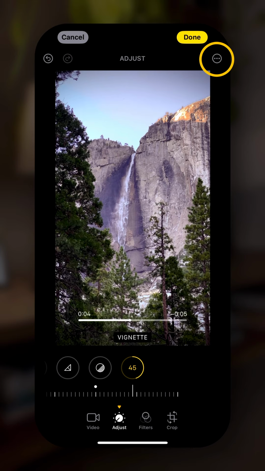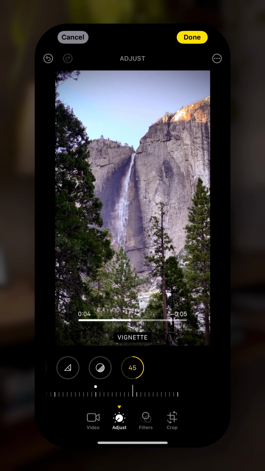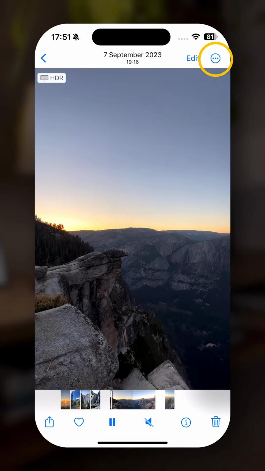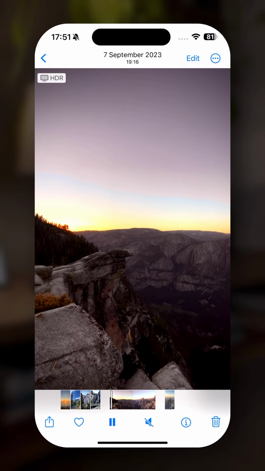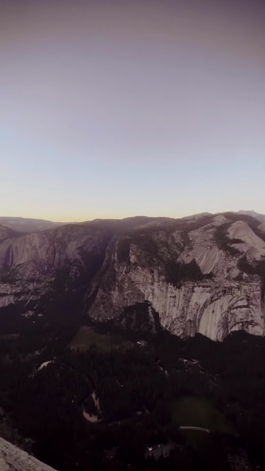We're gonna go in the three dots right here, then we're gonna click on Copy Edits. Now we're gonna click on Done to save these adjustments on this clip, and then you select the new clip. You're gonna click on the three dots, and then you click on Paste Edits. And boom, just like magic, we have applied all the different edits that we did on the previous clip to